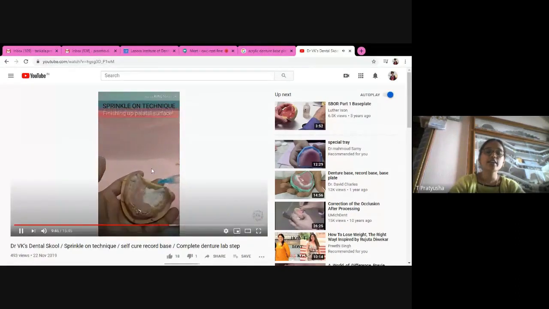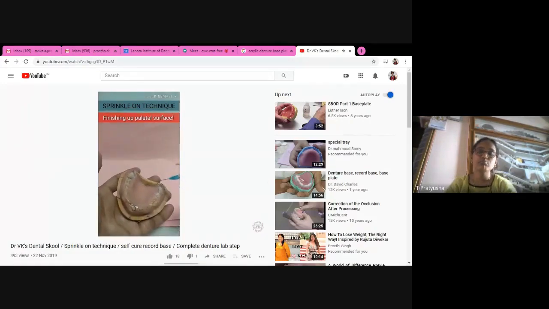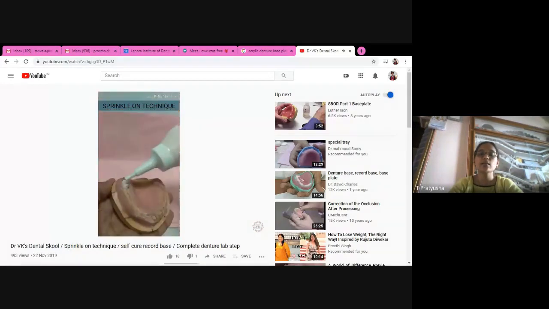So here what he has done is, after building to a certain thickness on the palatal side, now when we are adding, we have to extend the material a little onto the crest of the ridge. That means the angulation should be placed slightly so that it will not flow off or slip off. The cast should be held at an angulation to hold the material in that area, and the monomer has to be added now on the crest of the ridge.